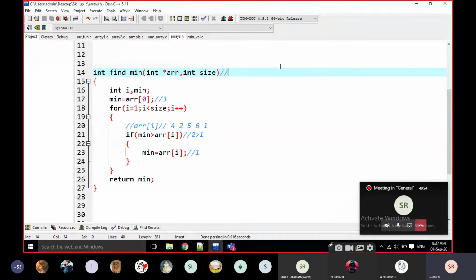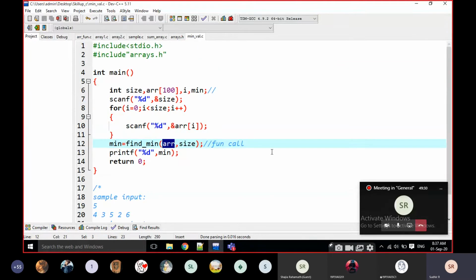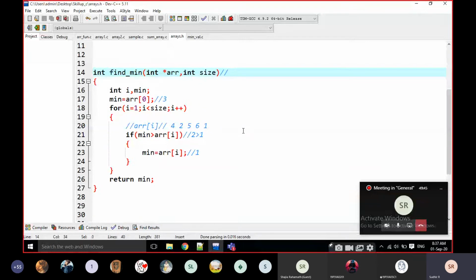That's why star ARR is the best and perfect notation. Okay, note down that I think this one is clear. Just note down the function call and function definition also.